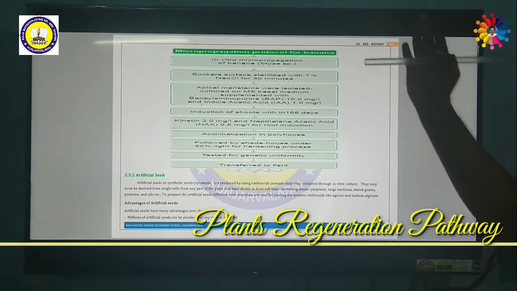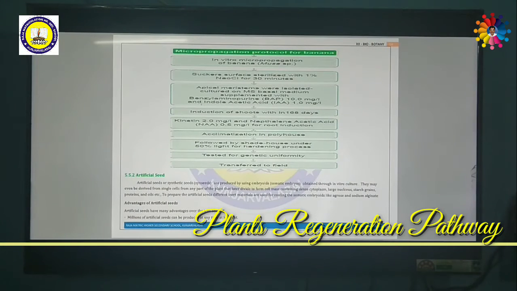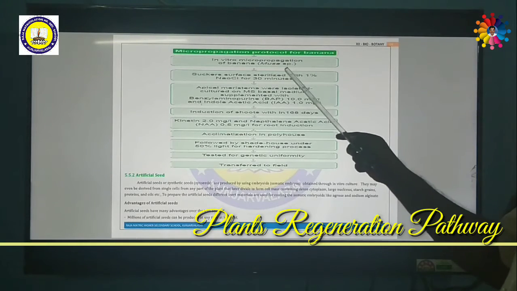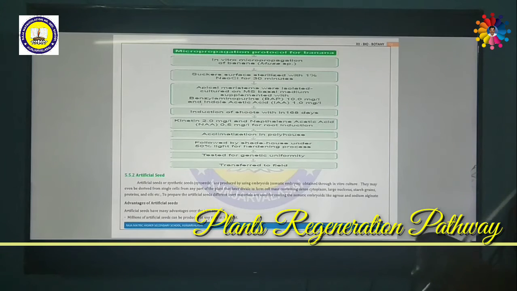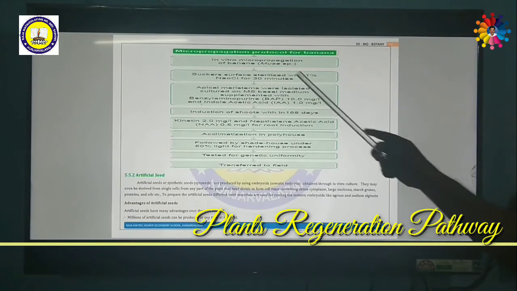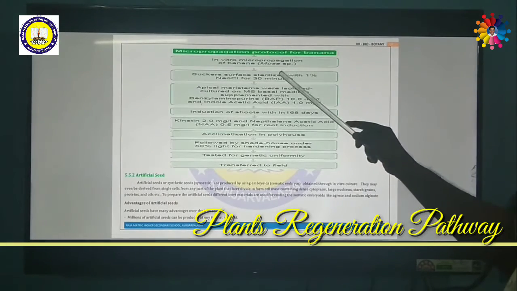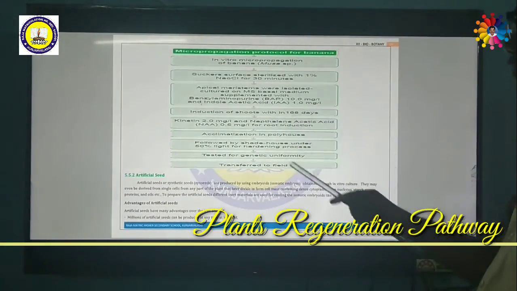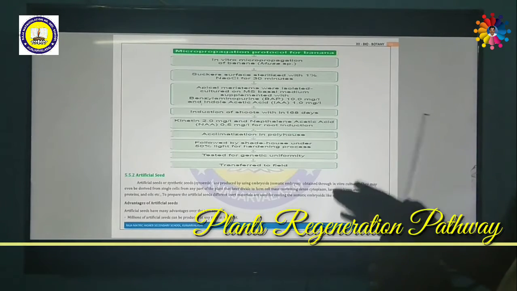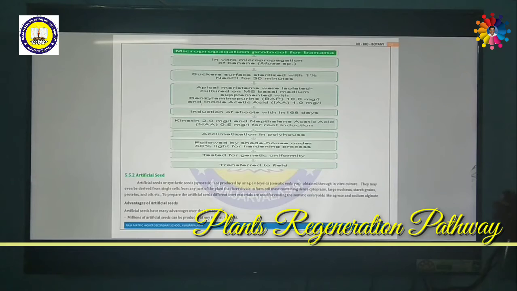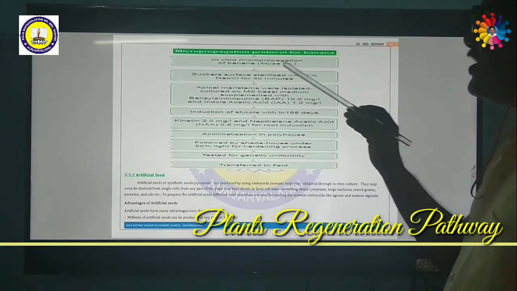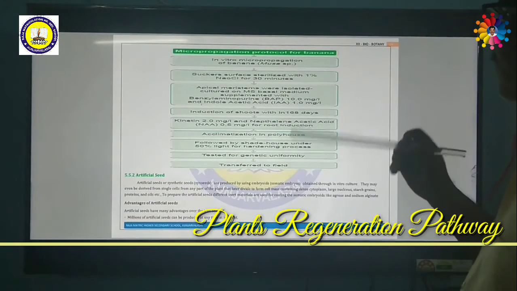In order to do micropropagation in vitro, there is plant tissue culture. In vitro micropropagation of banana can be done in Musa paradisiaca or Musa species. The suckers, meaning the underground rhizome, are to be collected. The sucker surface is to be sterilized, so that it is free from microorganisms, with 1% sodium hypochlorite solution, NaOCl, for 30 minutes. We have to wash with 1% sodium hypochlorite solution for 30 minutes. That will make the suckers free from microorganisms.